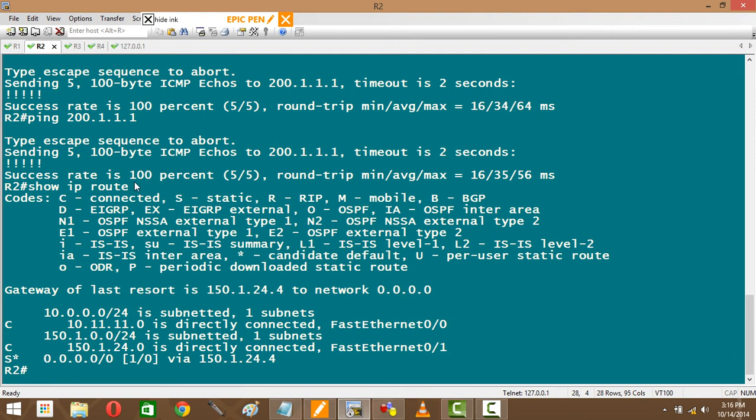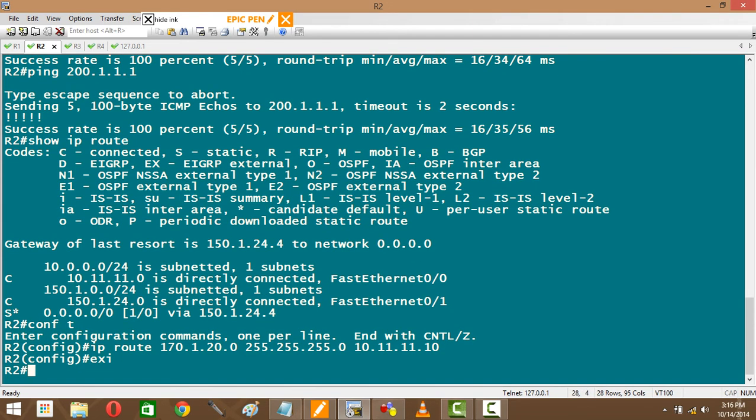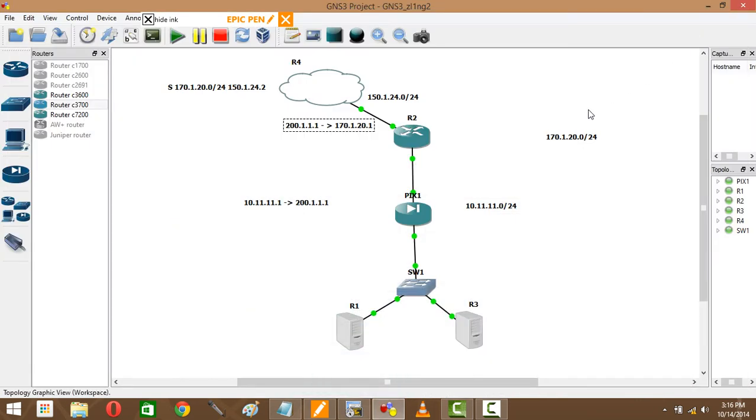I need to give it a route. IP route 170.1.20.0 is via, I know it's from the firewall because the firewall did everything. So I'm sending it back to the firewall to change the source and throw it back wherever it wants to go. So this packet